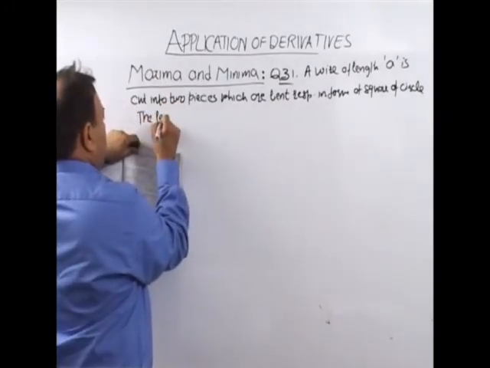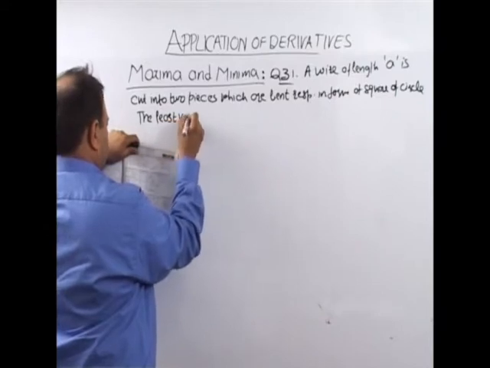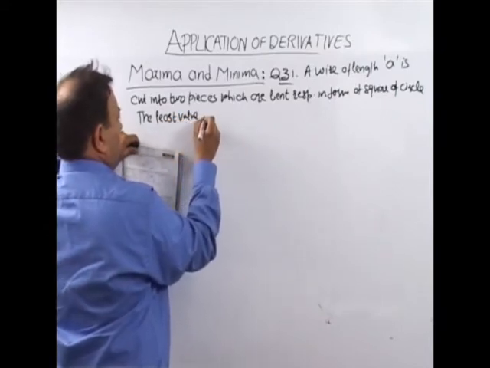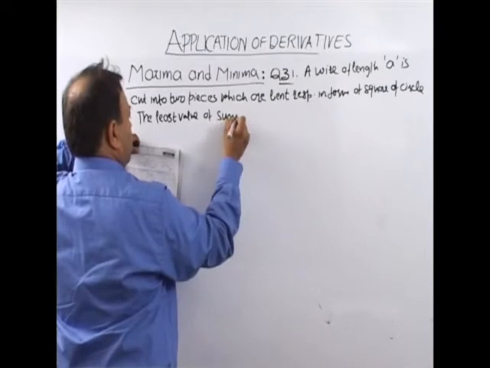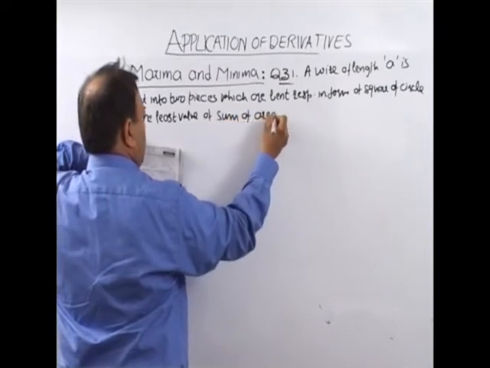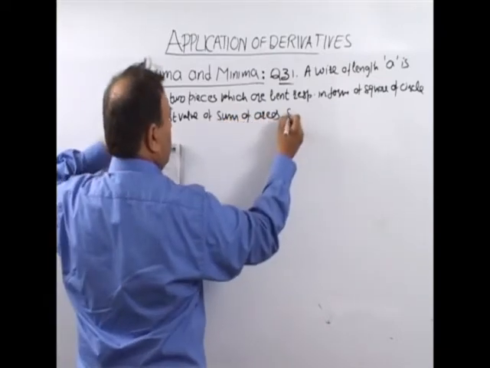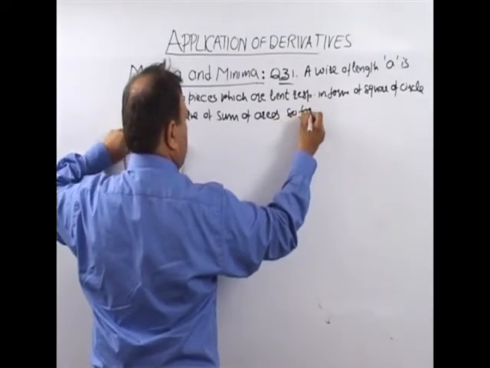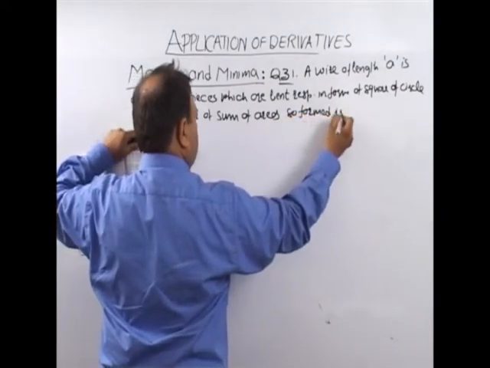The least value of sum of areas so formed is,